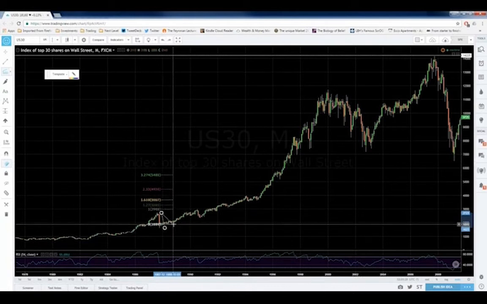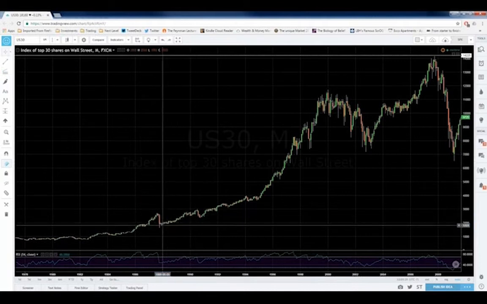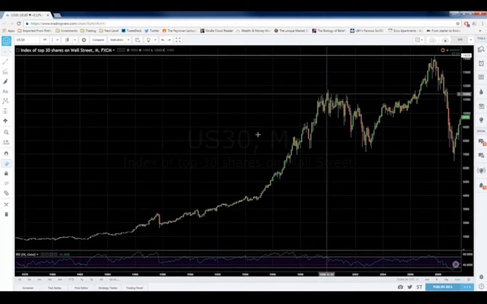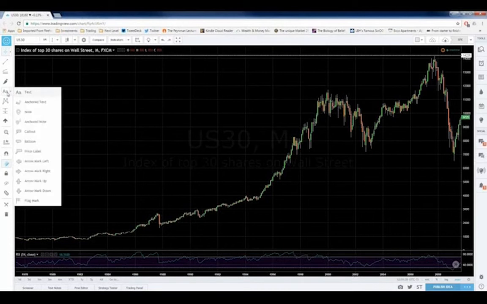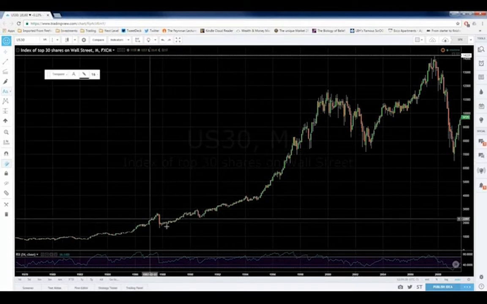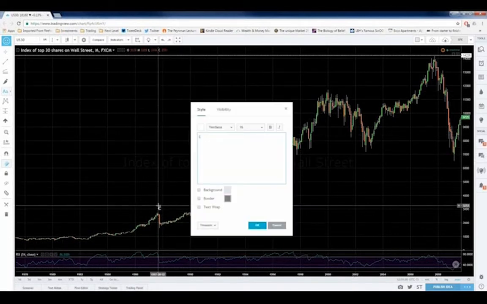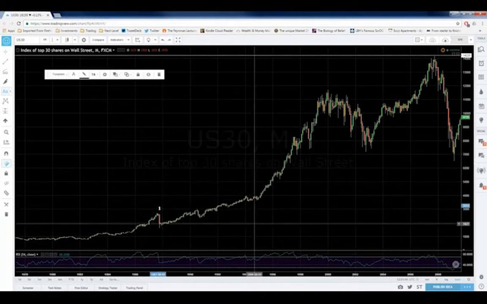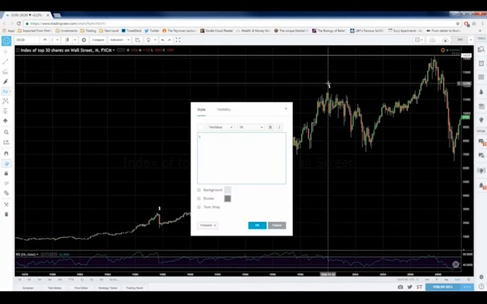Right, so there is no doubt that this is not B to C, that this is an impulse, and that this now becomes 1, this is 2,